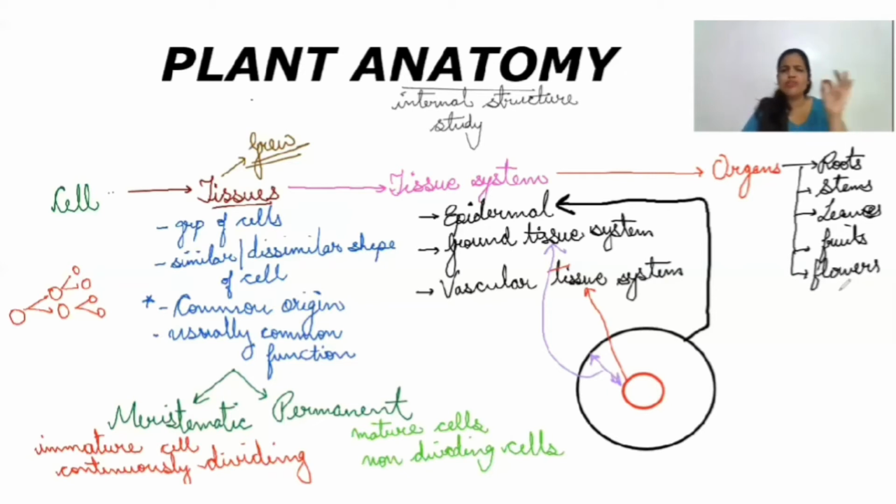But these are the common organs we know. No one is going to ask you what are the organs of the plant. Yes, till now no question has been asked. But for our basic knowledge, what if someone asks you what are the organs or some related thing is asked? So you must know that these are actually the organs of a plant. Now, organs will now form what? The organs are now going to form the organ system.